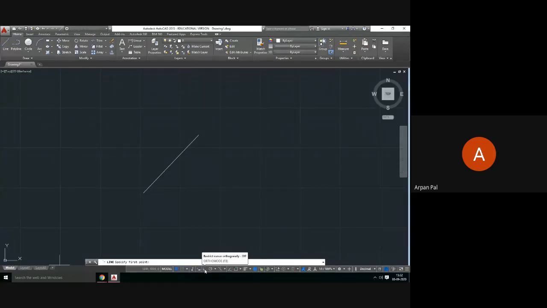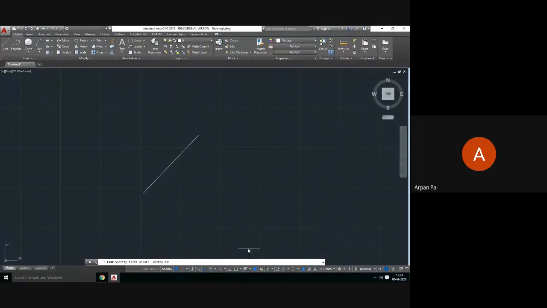What is ortho mode? You will understand when I turn it on. See, if you zoom around it, it is showing that it is actually now white. Any mode that is turned on here will be turned blue. If I click here, it will be turned blue. That means my ortho is on.